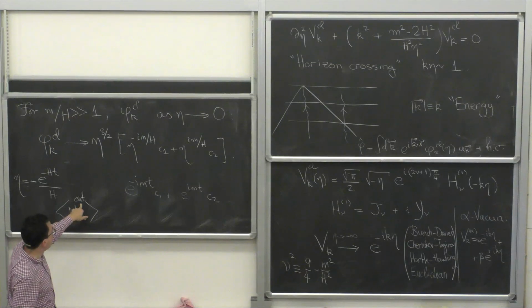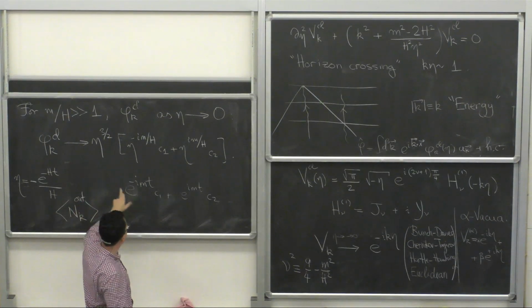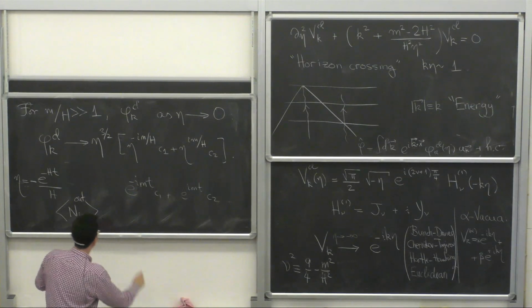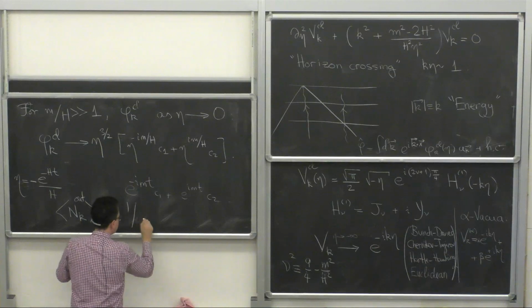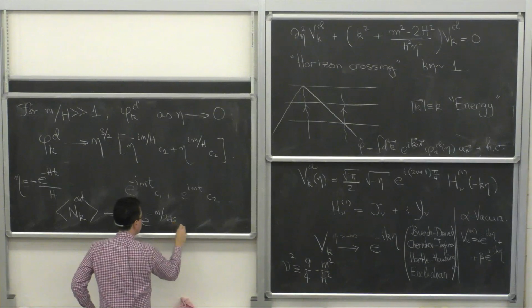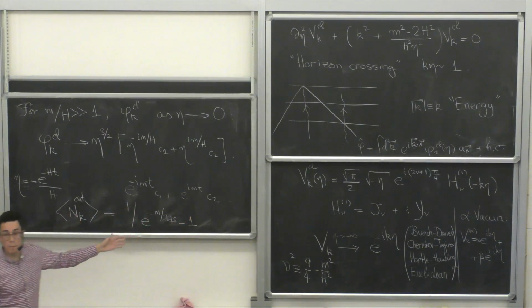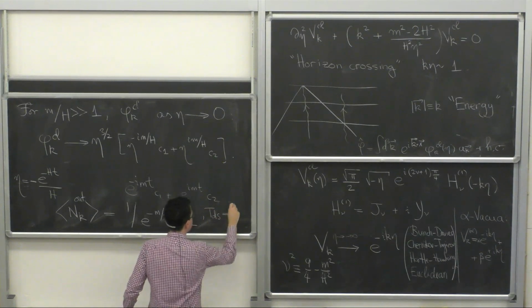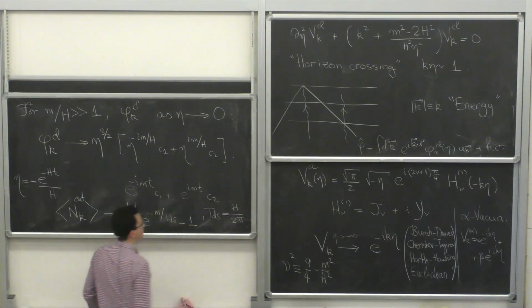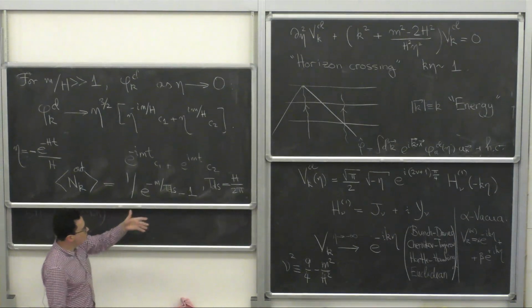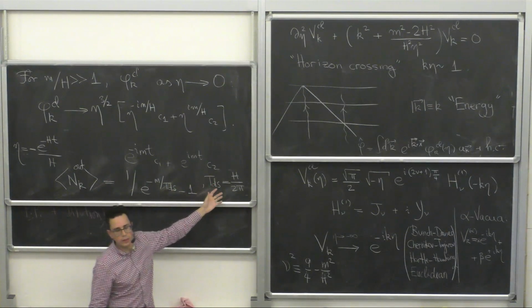The number of particles from the point of view of the out vacuum, if you decided to quantize using e to the minus imt, is going to look like 1 over e to the m over T_dS minus 1. So this is a Bose distribution, right? And the temperature is h over 2 pi. This is the de Sitter temperature. Actually, it was first described by Italians, by Chiara Nappi, people in Napoli, before Gibbons and Hawking. This is called the Gibbons-Hawking temperature. But,